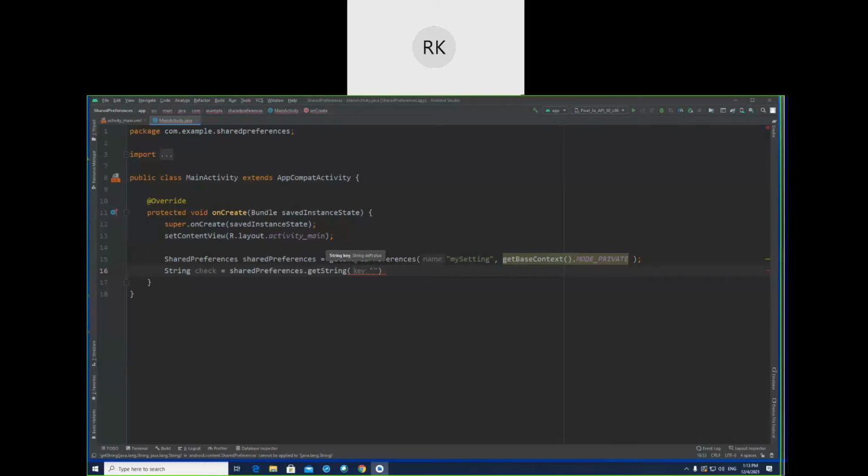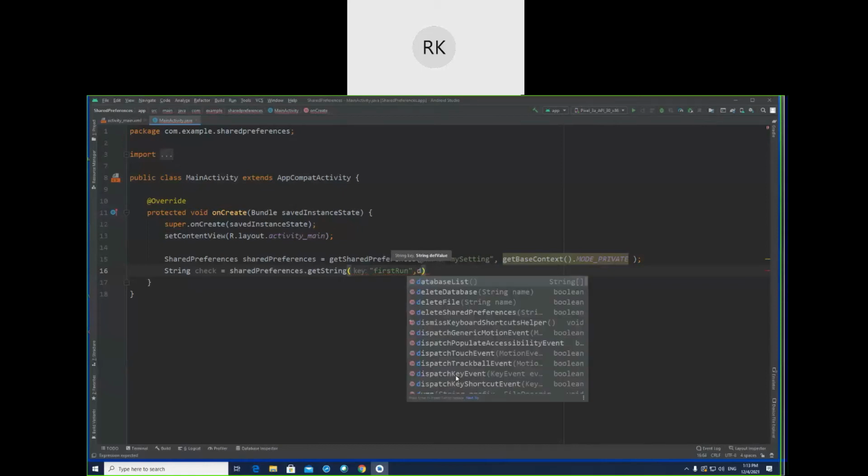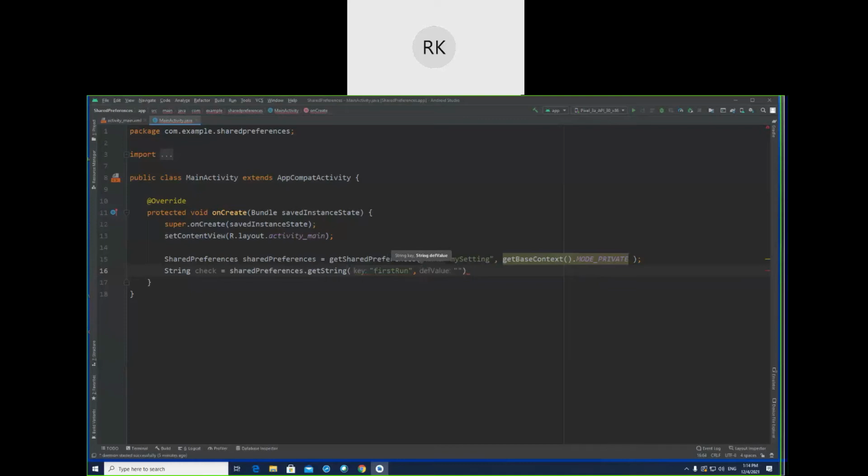So let's suppose "first run". You can give any name, but from this word, I just want to know whether the user who is running this app is running it for the first time or second time. And its default value will be true. That if it is the first time, then it is true. Meaning to say, for the first time when this application is running, the value for first run is true.